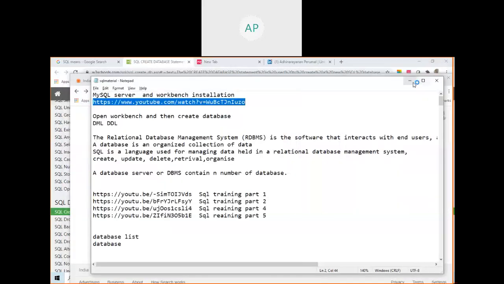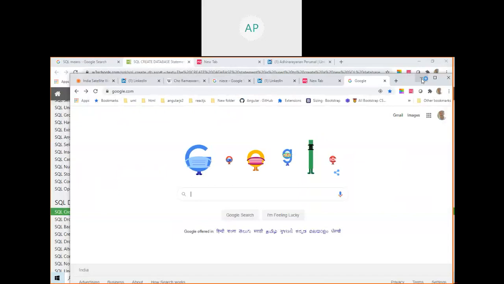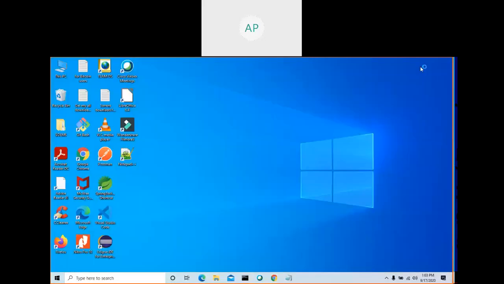If you want, you can minimize everything you have open in your Windows. It takes a little bit of time. When you follow that video, you will be installing MySQL server and the Workbench tool also. Okay, it takes a little bit of time to open.